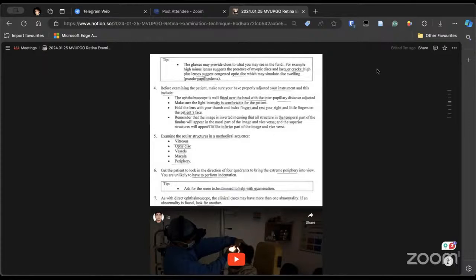To examine the vitreous, I look for the vitreous haze, whether the underlying retinal vessels and disc vessels can be seen, and anything floating in the vitreous, like infiltrates. And other than indirect ophthalmoscopy, is there any other way to examine the vitreous? Slit lamp with 90D examination. Okay. In slit lamp, what specifically will you see in the vitreous?